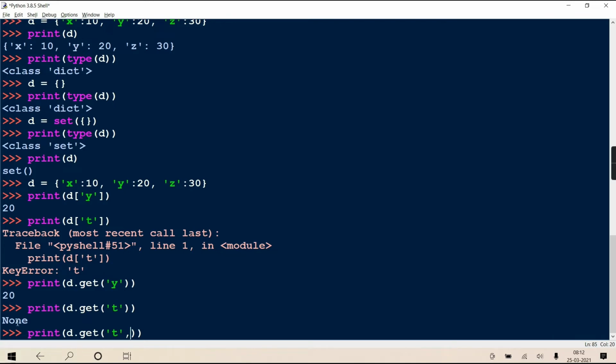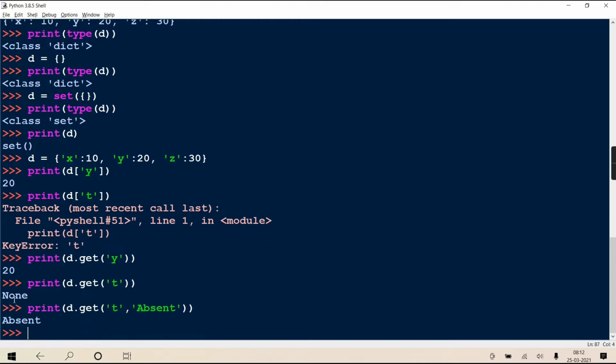Now suppose you don't want this None, you want some other message whenever the key is absent. When the key is present it will not be used, but if it is absent and you want some message, you can give that default value here. Instead of None, it will return this default value.